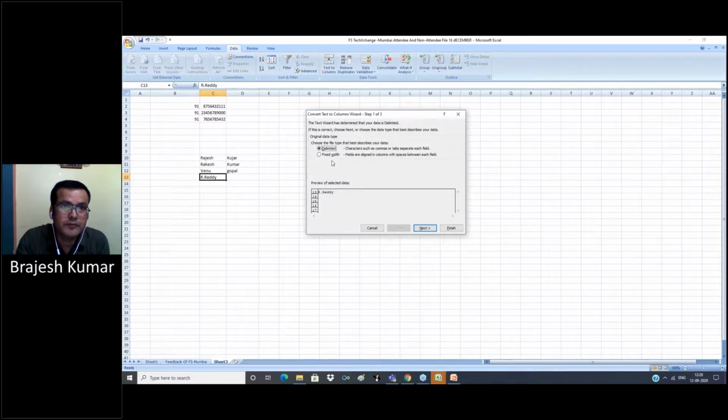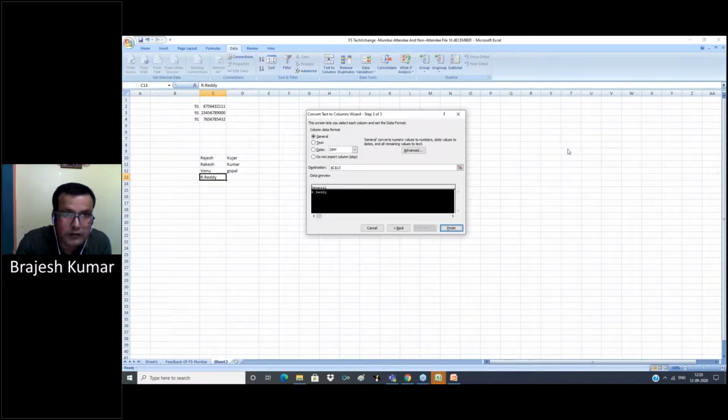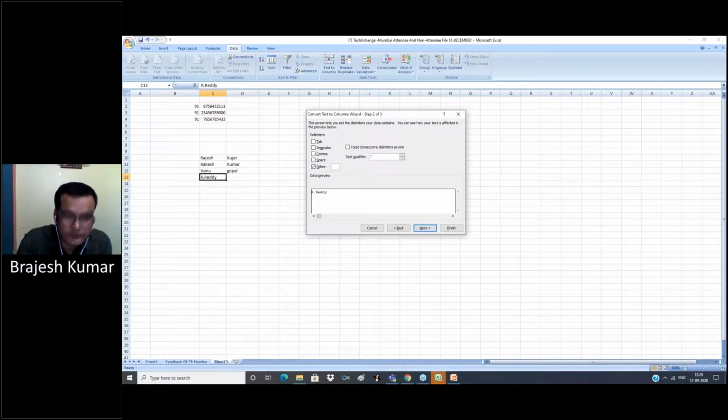Text to Columns, Delimited. Next, the dot option is not there, so select Other. Dot. Select dot.